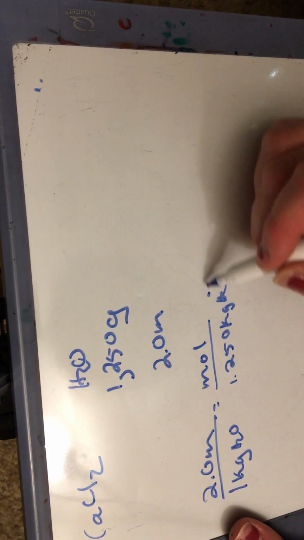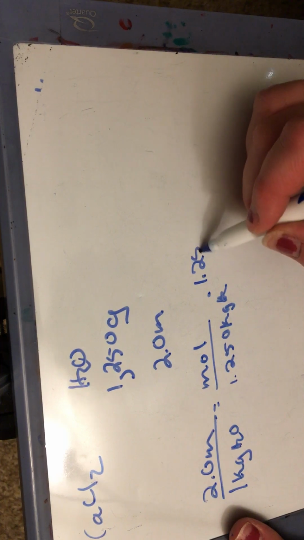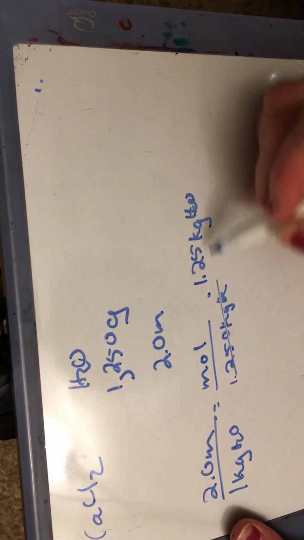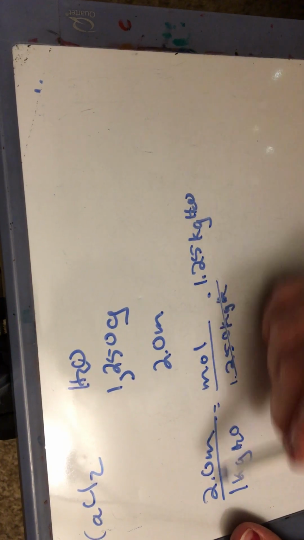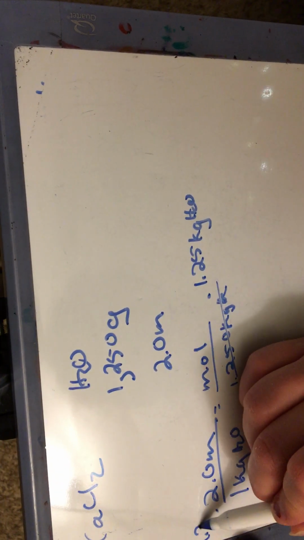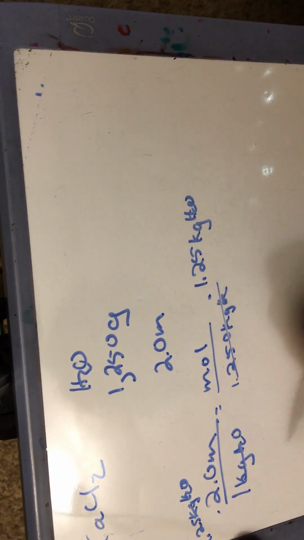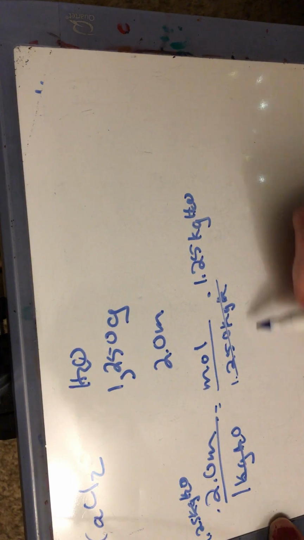I think they just will multiply this kilograms H2O to get that out. Multiply this side, 1.25 kilograms H2O, of course, the kilograms will cancel out, and that should leave